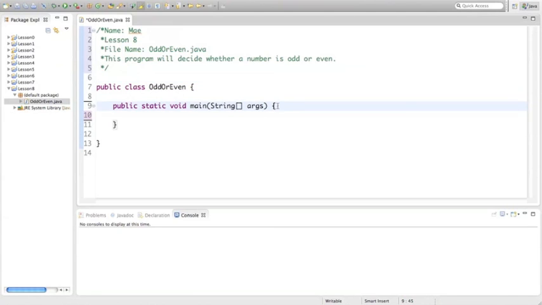Underneath our main, let's assign a variable: integer x is assigned to 4. Now we're going to see whether x is odd or even. But what makes a number odd or even? An even number is divisible by 2. So we're going to do our first statement, if